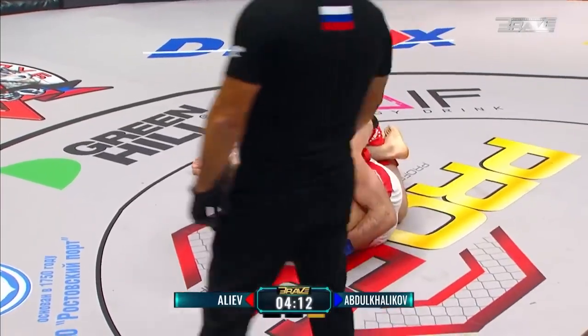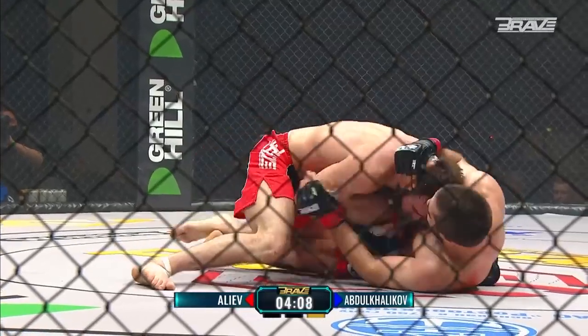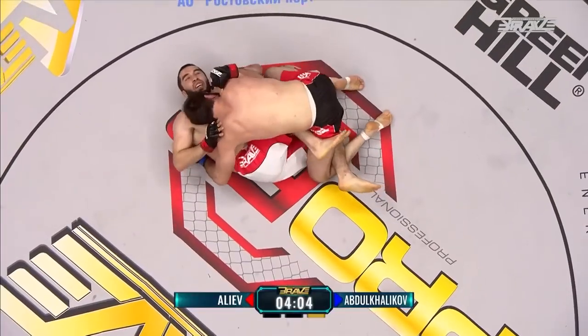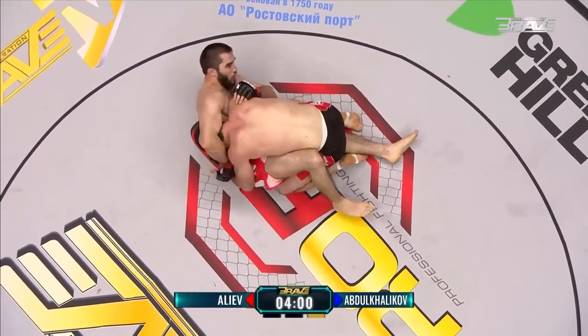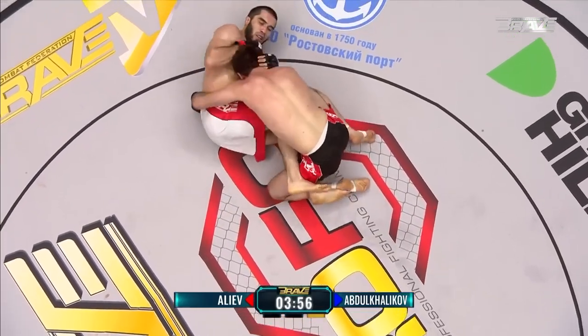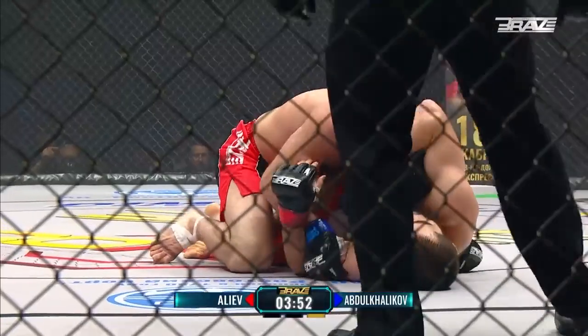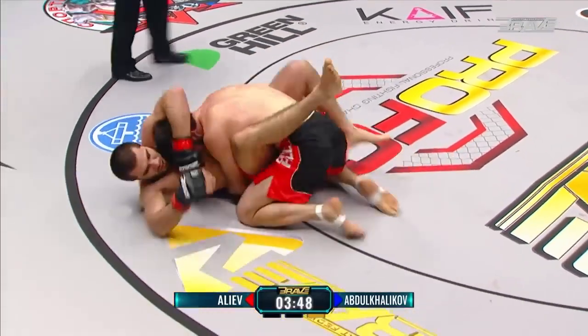Surely this is not where Artur Aliev wants to be in the third and final round of a fight. Didn't go very well for him the last time, not likely to go very well this time. Likely wants to get a foot in that hip, try and create some distance, try to pop up, or even wall walk or shrimp until you're up against the wall and wall walk up. He's doing the right thing by getting side on, trying to pop on that hip, shrimp out, but